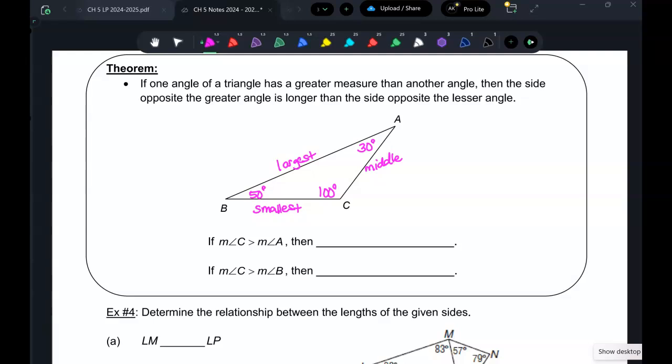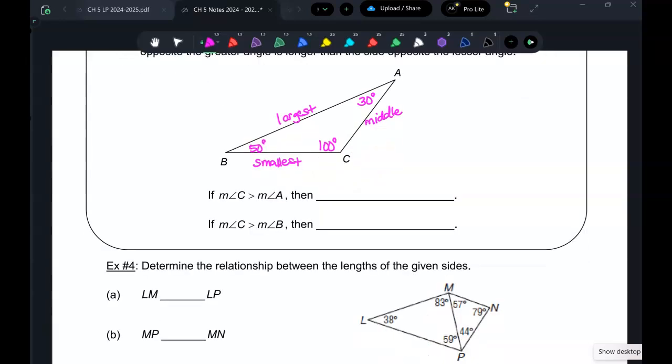Right? So you look at whichever. The difference between this and the last one was I gave you the sides so you could compare the angles. Now I'm going to give you the angles so you can compare the sides. So if the measure of angle C is greater than the measure of angle A,